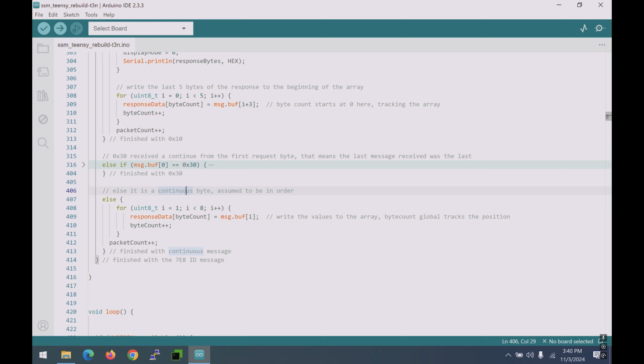I also know that since the Teensy is so fast, I am getting everything in order. So if I just get a regular packet, I'm assuming it's going to be in order. So far it has been. And all I do is write every byte of that response to my big array in order, and I'm counting the positioning. That's how I keep track of where in the